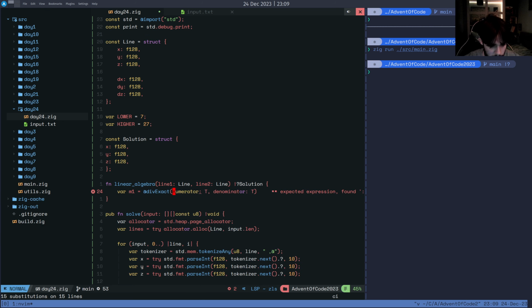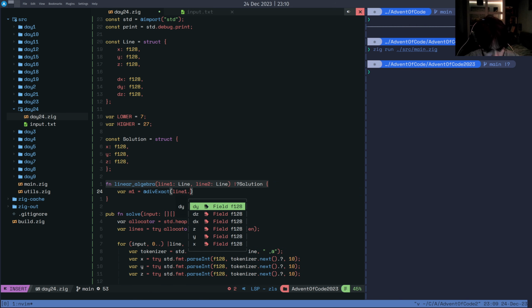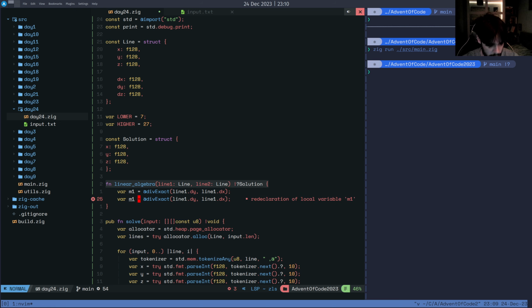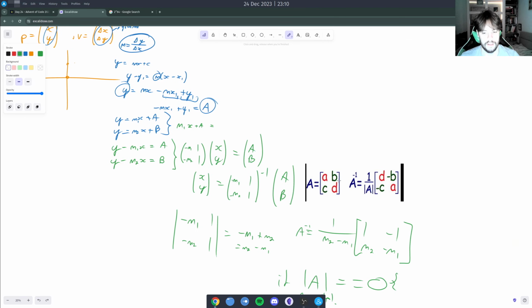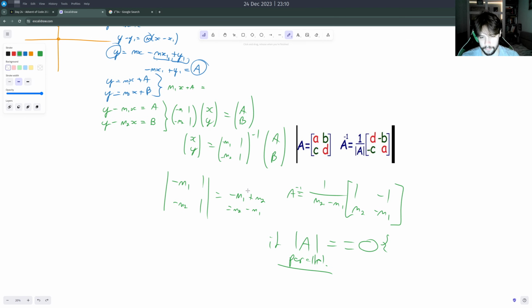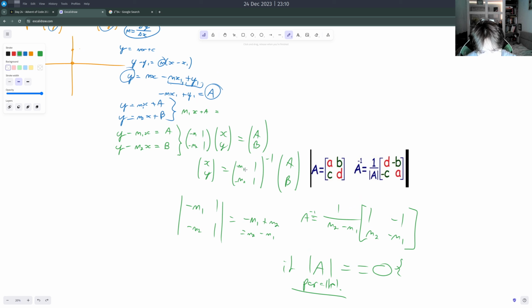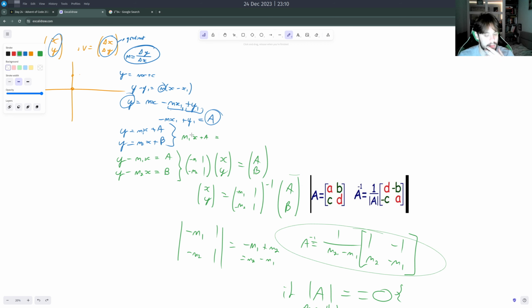Div exact, the numerator is going to be line 1 dot dy, line1 dot dx, m1, m2. Yep. And what did Algebra say again? Yeah, here's the inverse. So x and y is equal to the inverse of this, which is this, and then AB. AB is, so